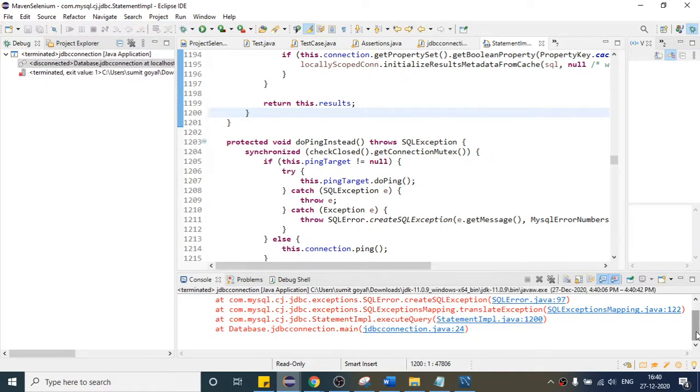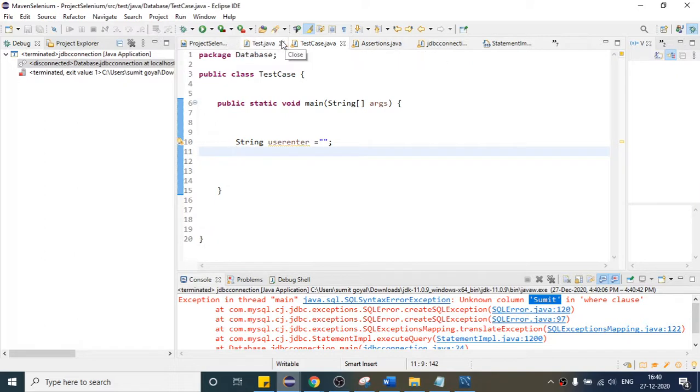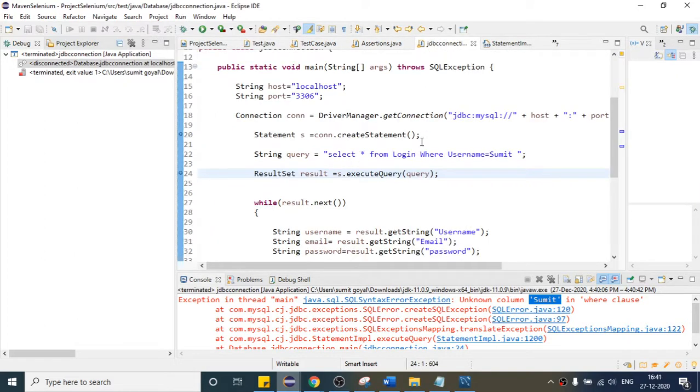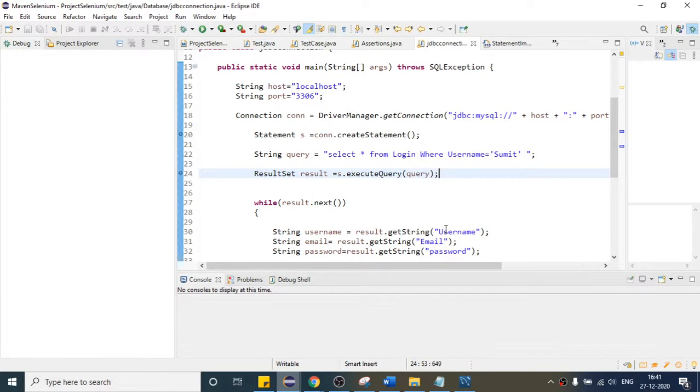So basically, you do not have to write like this, right? It is not able to identify because it has to get some double quotes. If I write this like this, suppose I write where it is test case JDBC connection here. So inside that, what I have to do, suppose I place this, and if I run it again, I run it again, this time I think it will work.